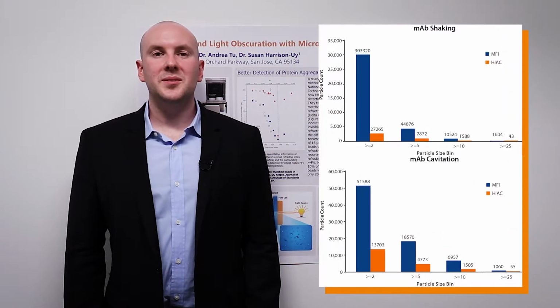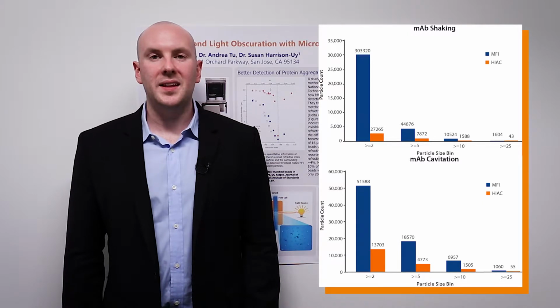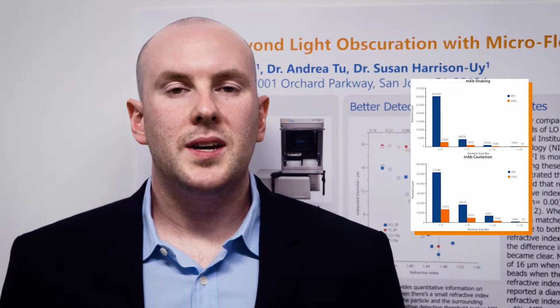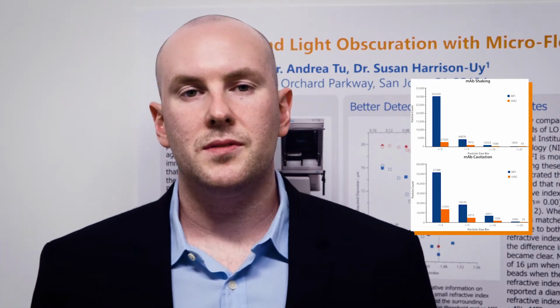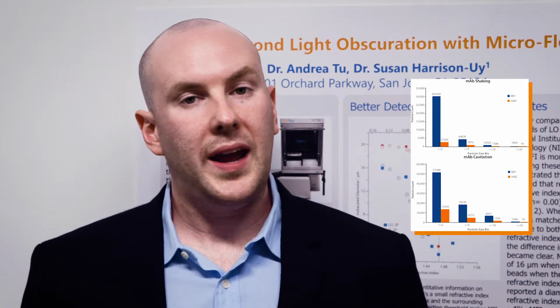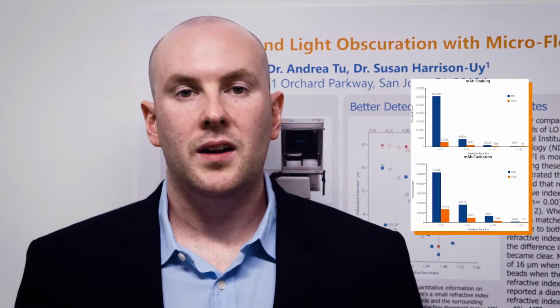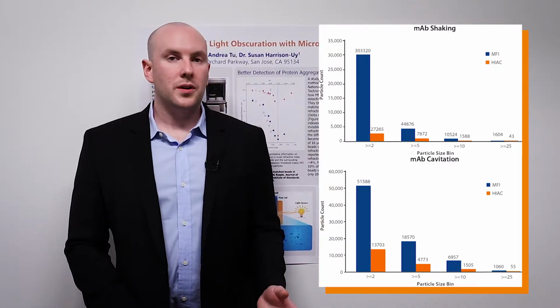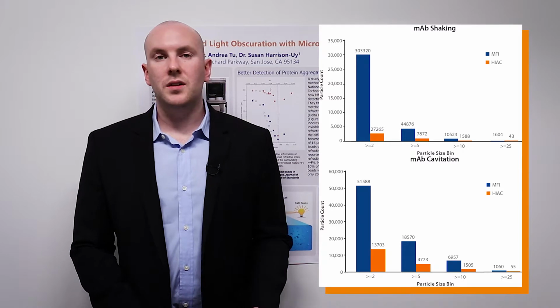misses these particles. In this study, we compared the particle levels measured by MFI, which is represented in blue, and the particle levels measured by the Hiac light obscuration system, which is represented in orange. The samples analyzed were solutions of monoclonal antibody which were subjected to two different types of stress, either shaking or cavitation. So these are known stressors which cause proteins to aggregate. And the data is represented in 4 different size bins. So particles greater than 2 microns, particles greater than 5 microns, 10 microns, and 25